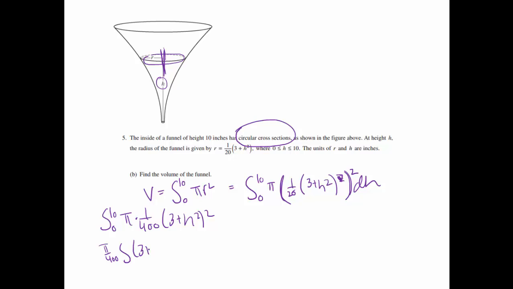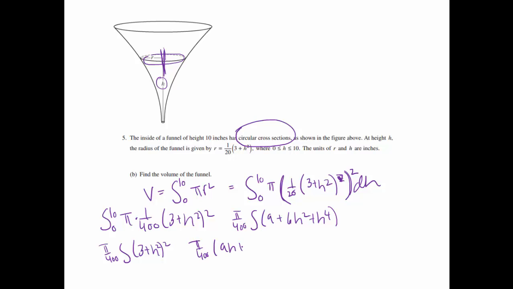And now I'll just be taking the integral of (3 plus h squared) squared. So now I'm going to have to FOIL that. When I do, I'm going to get pi over 400 times (9 plus 6h squared plus h to the 4th). I'm not ready to evaluate yet because I have not taken the integral. So if I take the integral, I'm going to get pi over 400